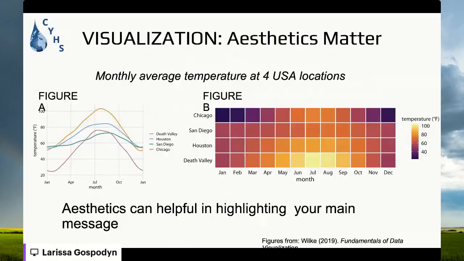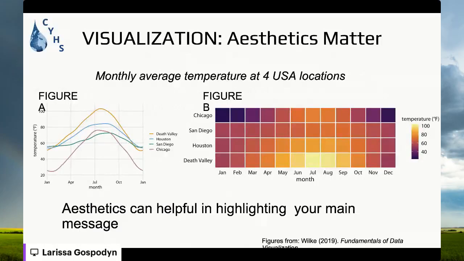So 4 different locations. The figure on the left, figure A, I think is the one we think of most commonly, where it is a time series, there's a line, connected points, and you can really look at the degree of temperature and make some assumptions or interpretations from that. But the figure on the right shows the exact same information. It is monthly temperatures, but instead you see more of a spatial comparison. So the y-axis is actually separated by the location. So aesthetics really are just helpful in highlighting what your main message is,